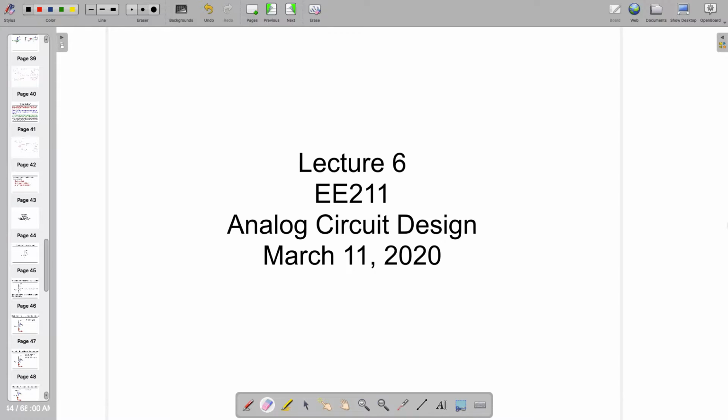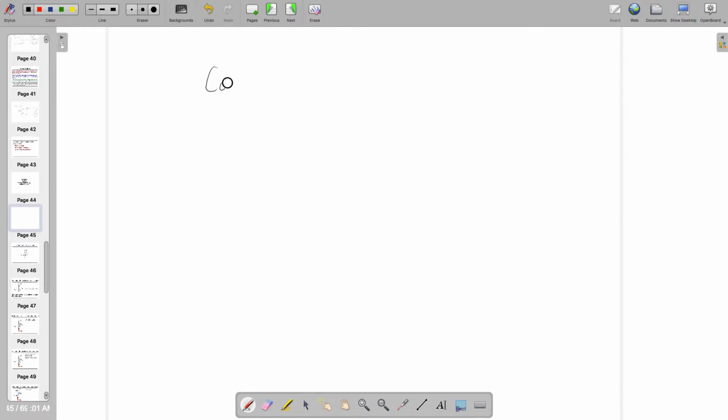Okay, so this is lecture number 6, 3 to 1. So we were talking about various configurations of the common source amplifier. We also understand how it's known as a common source amplifier. So if this is the case,